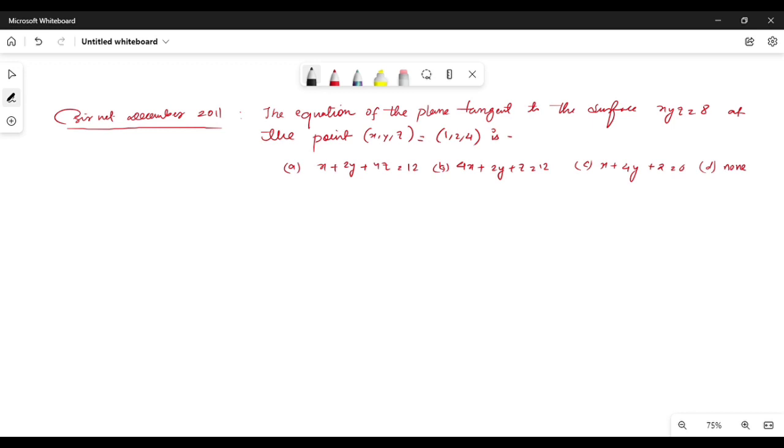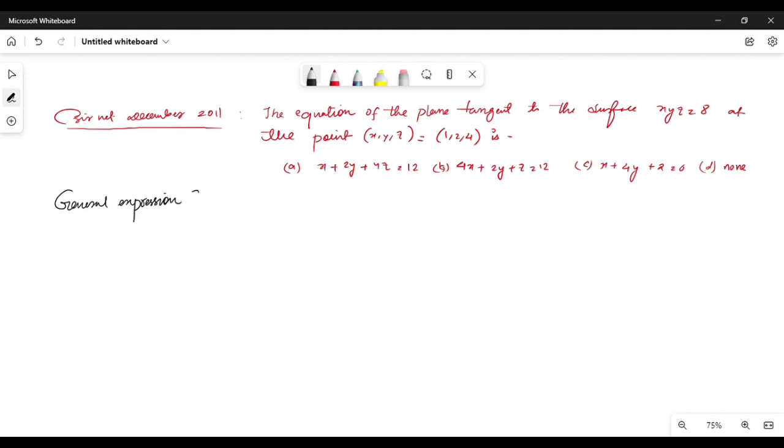So let us solve the next question that came in CSIR NET December 2011. That is, the equation of the plane tangent to the surface xyz is equal to 8 at the point x, y, z is equal to 1, 2, 4 is. So before you solve this type of question, you have to know the general expression, right? You have to identify the general expression of a tangent surface. So let me derive first the general expression,